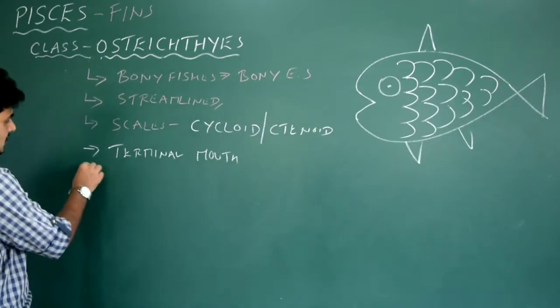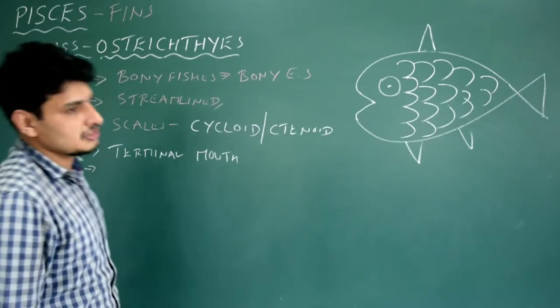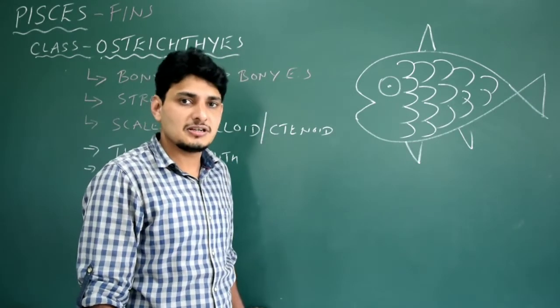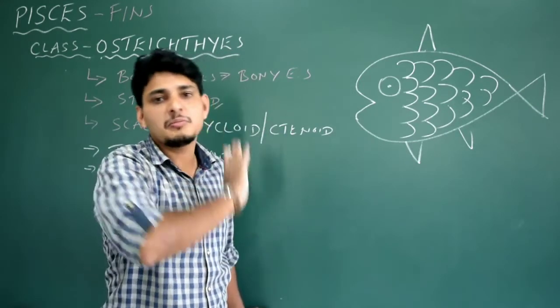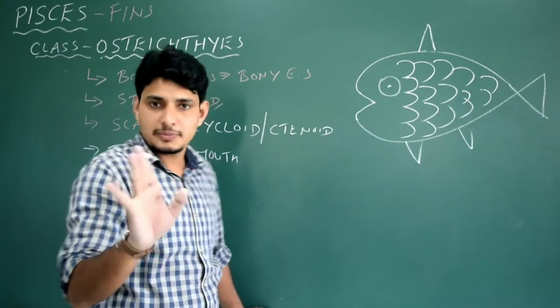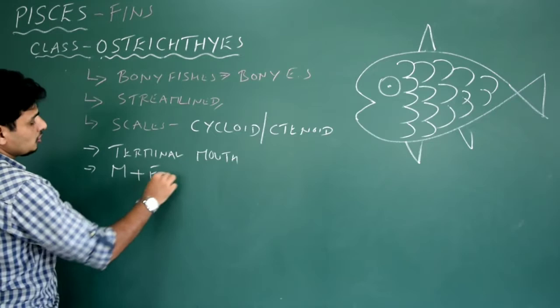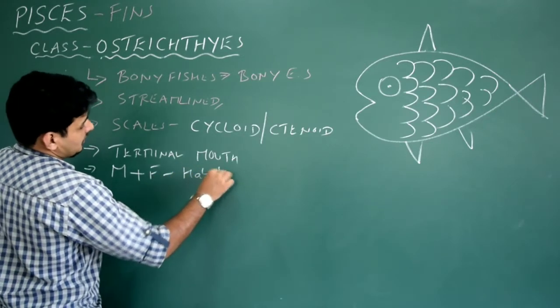The next is where exactly you see Osteichthyes. Marine water? Yes. Fresh water? Yes. Chondrichthyes are 100% marine water. You don't see them in fresh water. So that is the difference. So they are marine plus freshwater organisms, in habitat.